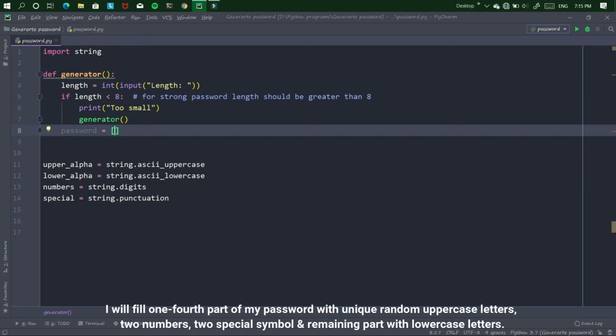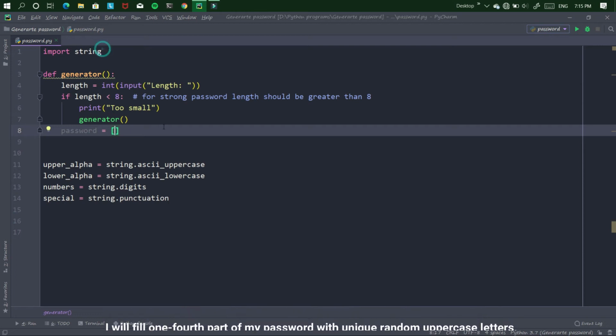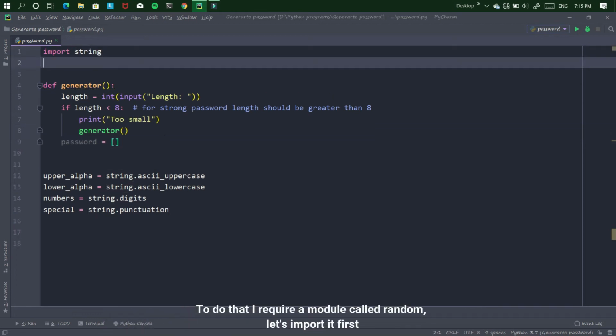I will fill 1/4 of my password with unique random uppercase letters, 2 numbers, 2 special symbols and the remaining part with lowercase letters. To do that I require a module called random. Let's import it first.